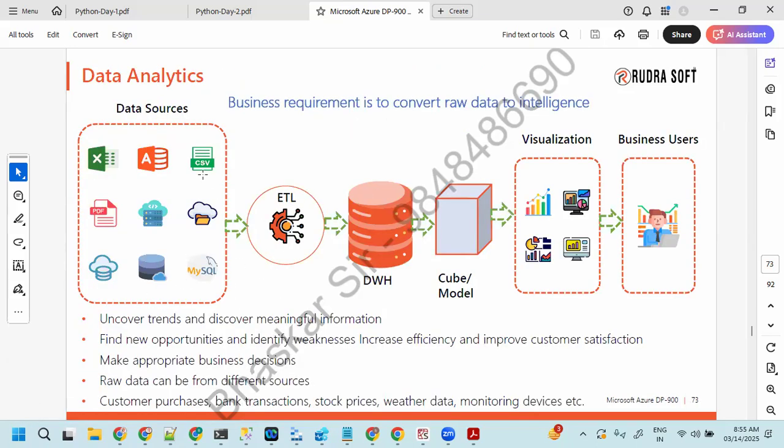And we talked about it, right? The main intention of data analytics is to transform your raw data into business intelligence. That means the business users are always going to expect reports, and it is our responsibility to provide the data to the people. How data is going to be transformed from one place to another, I've given some points here. These are all theoretical points. We already discussed how data flows in the traditional approach. This is a traditional approach.